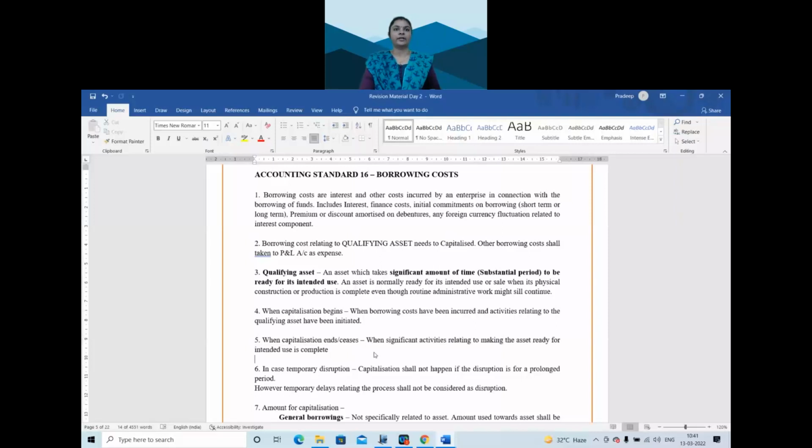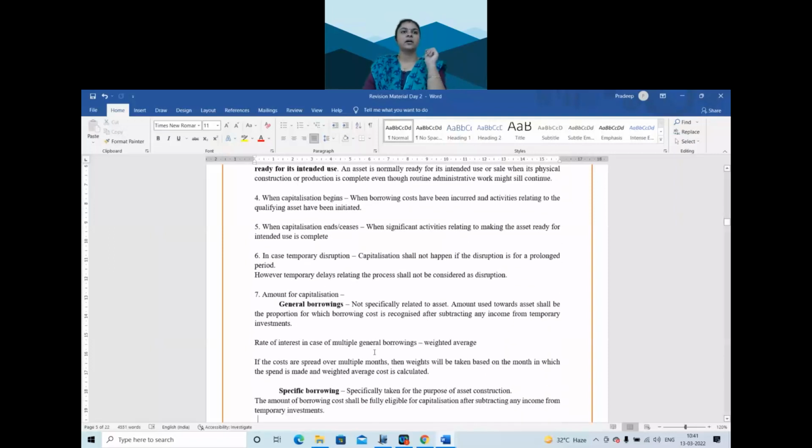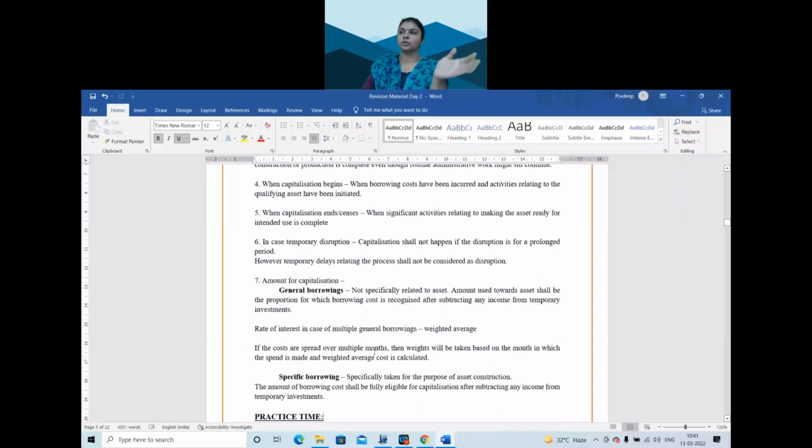Third point, what if there is a break in between? So I have started the capitalization. In between, for some reason I need to pause the work. I could not do the construction. Let us say I have a 2 months gap. Can I capitalize that borrowing cost for the 2 months, or should I take it to P&L account? The standard says if the construction of that asset has been stopped for a temporary period which is prolonged in nature, where you do not know when you will start back,